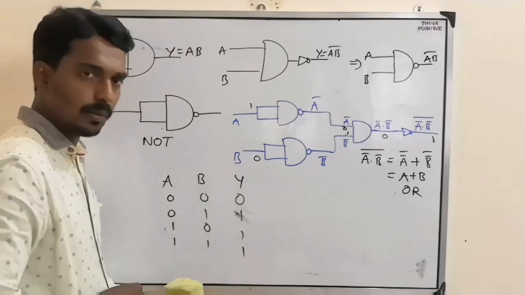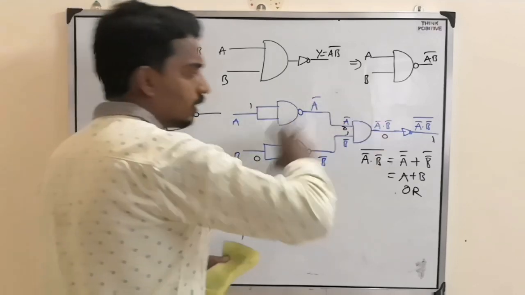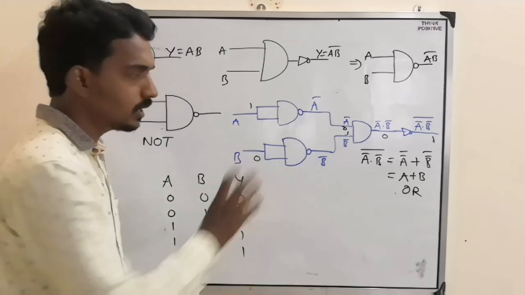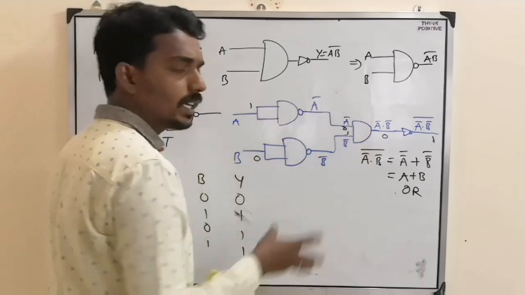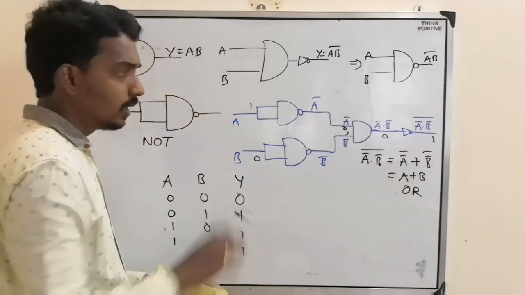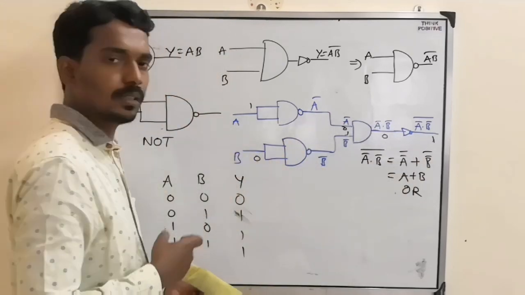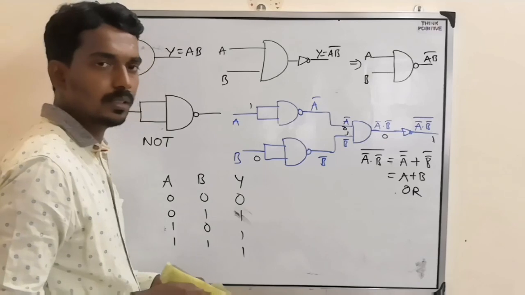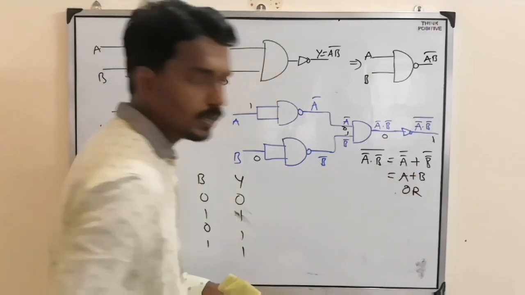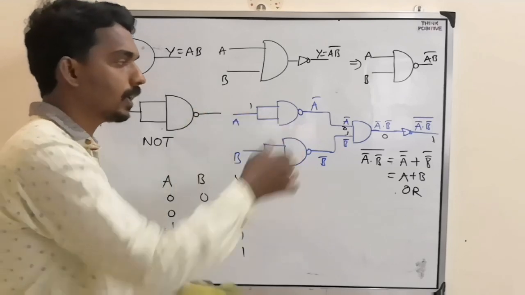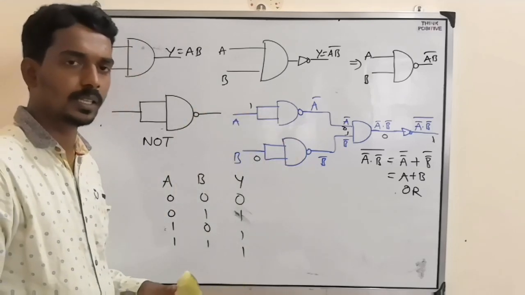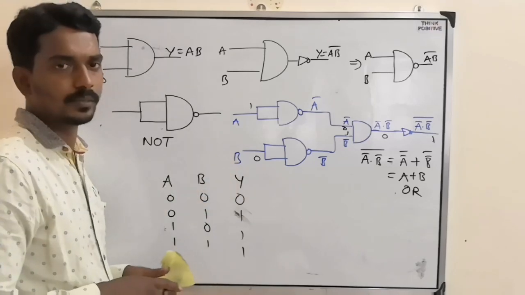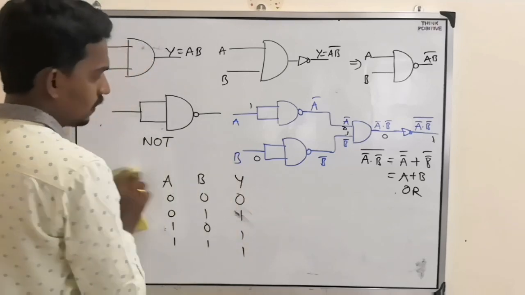So if you look at the truth table, they will ask you any construction like this, and they will ask you what is the truth table. Check in this way. Or what is the expression? Do it in this way. They may give a different, bigger combination, but take 1, 1, then get the final output. Sometimes you may have to simplify using the De Morgan laws, depending upon the given question. Right? So that is the way you need to understand. Now take the same NAND gate.